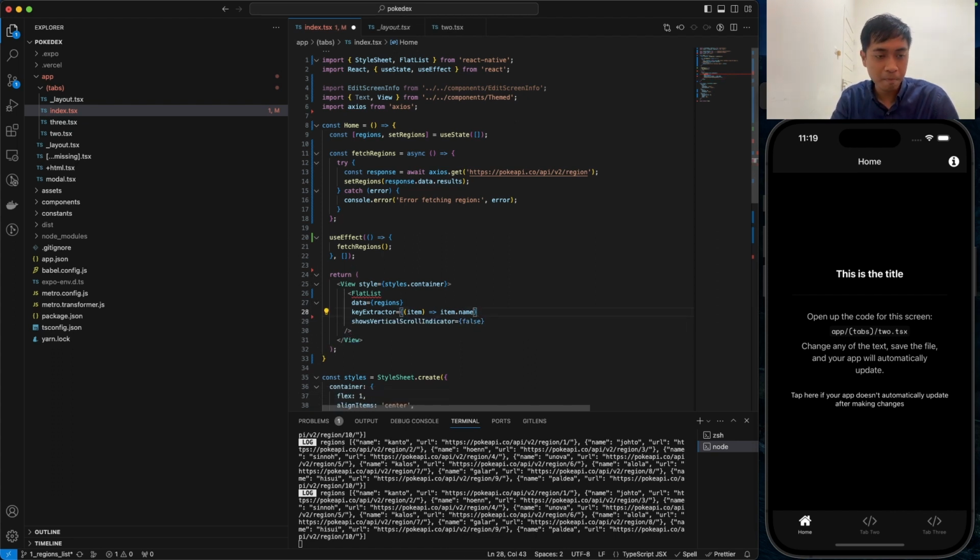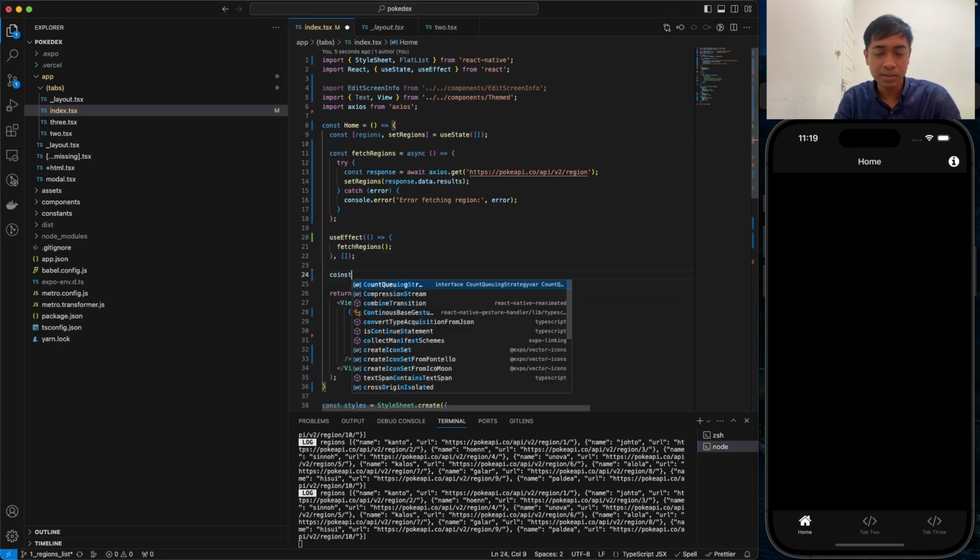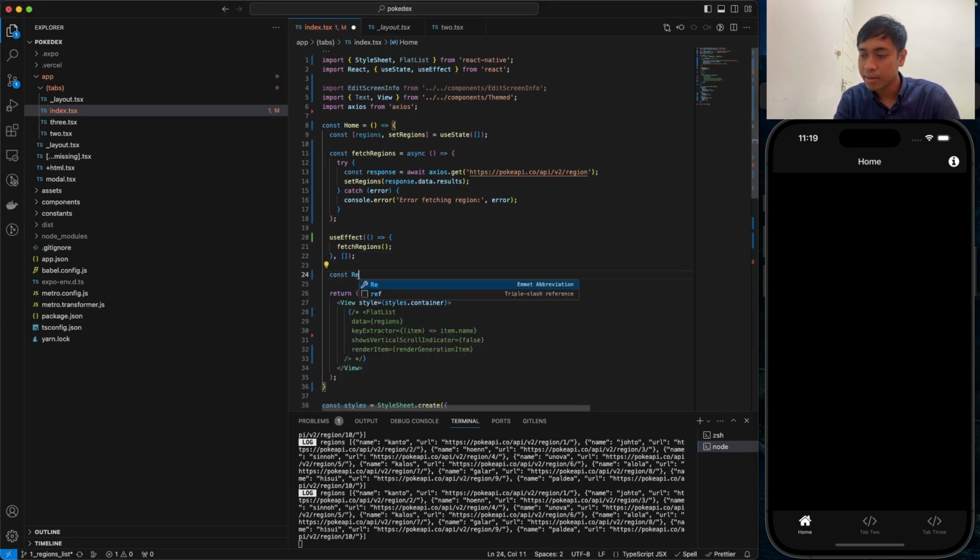Okay, but with FlatList we cannot do that. You have to render it. You need a renderItem. So we make the function to render the item first before we can actually get the render data. Okay, let's make the function to render. We can call it const renderRegionItem. Okay, and it accepts item,